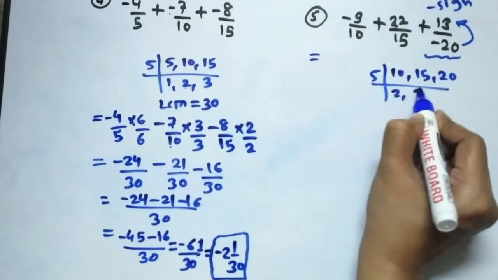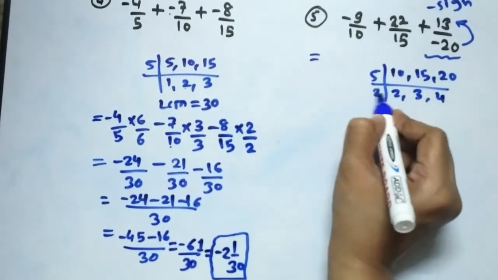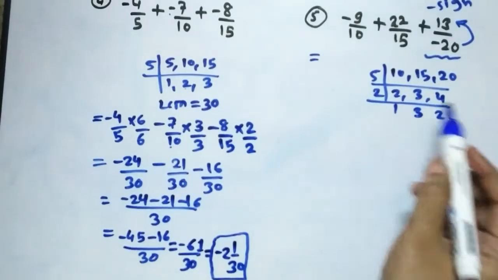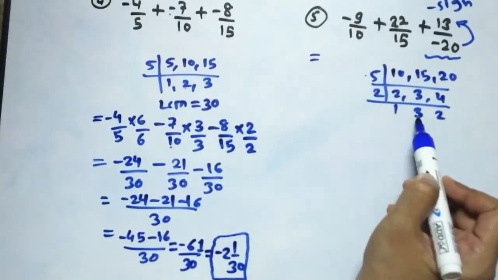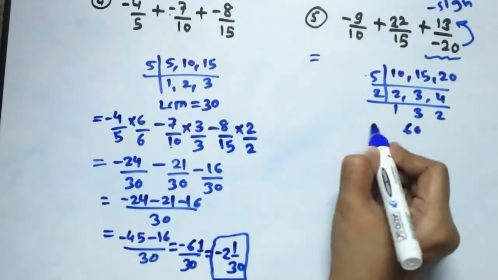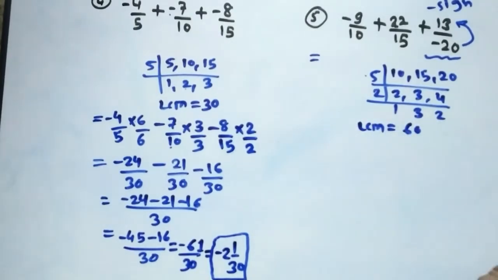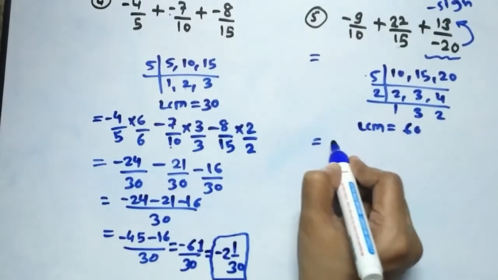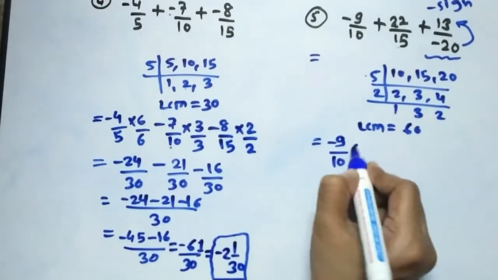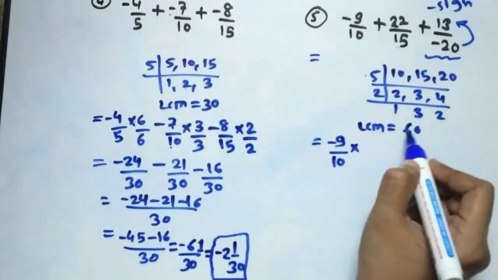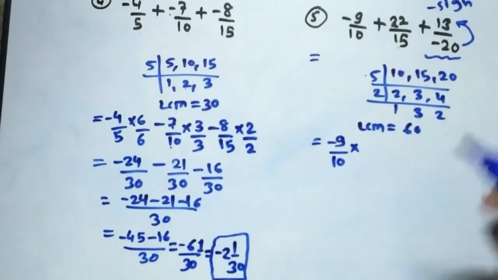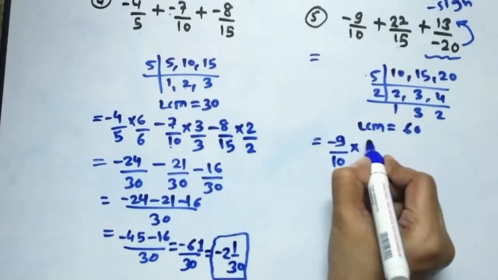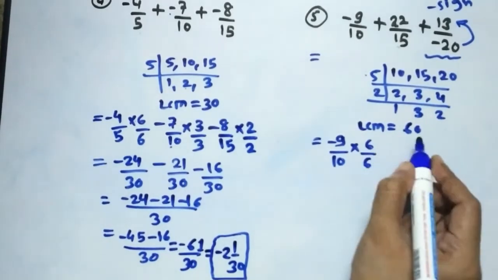5 2s are, 5 3s are and 5 4s are. Again you will go with the 2 1s are, 2 2s are 4. Now just multiply. 5 2s are 10, 10 3s are 30, 30 2s are 60. So LCM is, friend, here 60 is there. Now I want to make these denominators convert into 60. So minus 9 by 10. Friends, you need to do this mentally, in mental maths you have to do that, but 60 you divide by 10, so you will get a 6. So you need to multiply 6 by 6.